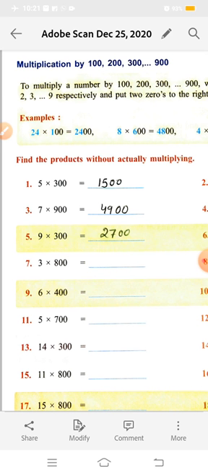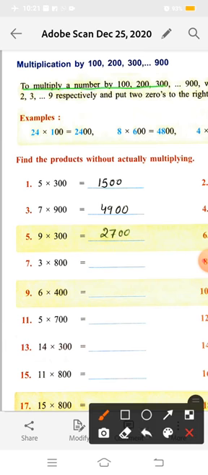So for multiplication, firstly, what we have to do to multiply a number by 100, 200, 300, 900: we multiply the given number by 1, 2, 3, 9 respectively and put zeros to the right of the product. For example, it is also given here, 24 multiply 100. So what should come? The product should be